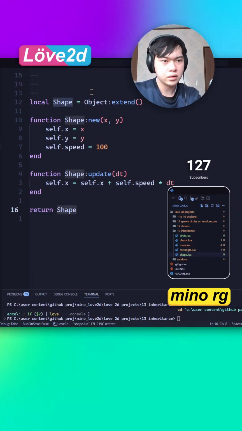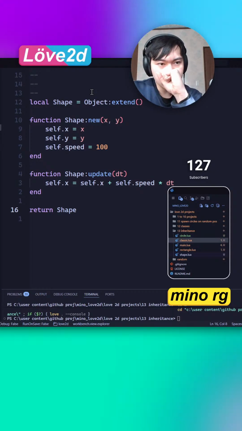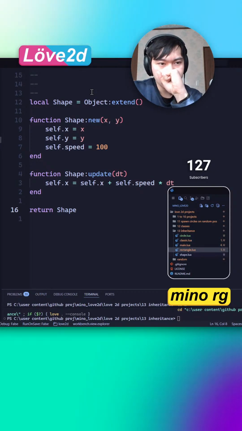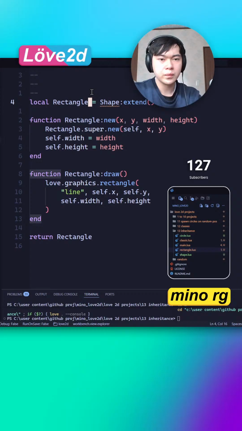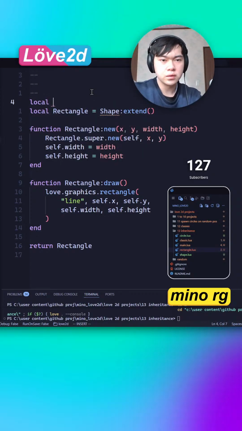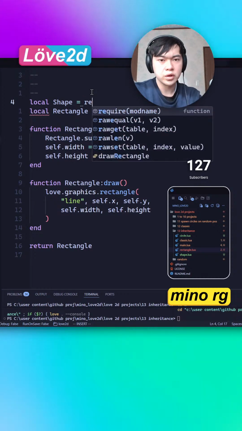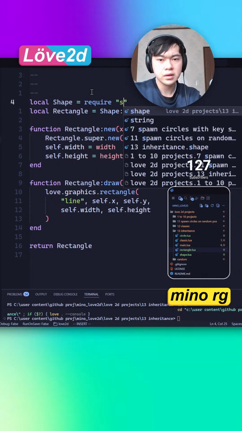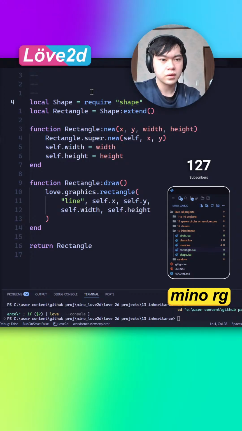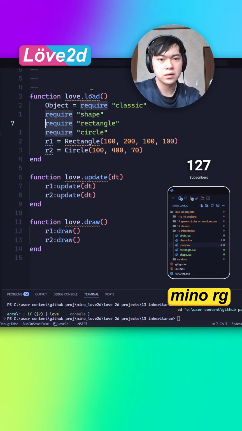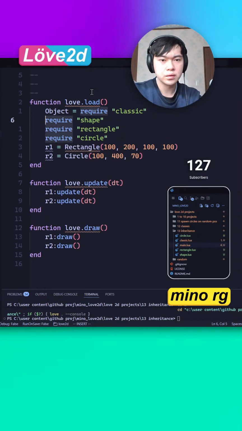I forgot to put that. And then on rectangle, we need to put local shape is equal to require shape. And then on the main.lua, we're just gonna do